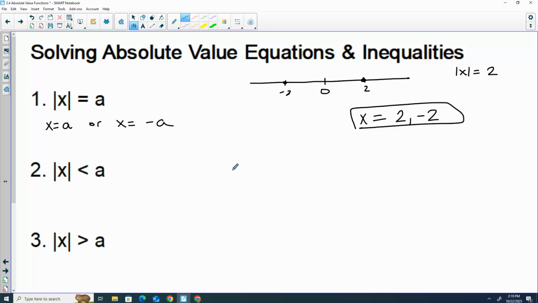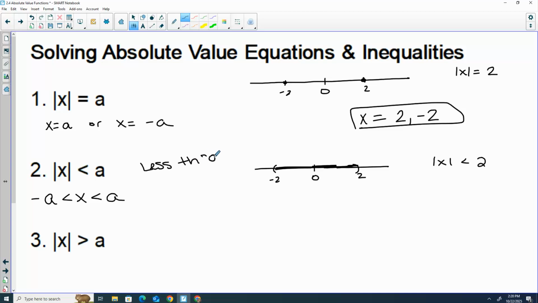The inequalities are the ones that are a little bit harder to think about. So if I said the absolute value of x is less than 2, what that means is I want everything that is within 2 units of 0. Okay, so anything that's closer than 2. So all of those numbers are less than 2 away, and all of these numbers are less than 2 away. Would you guys agree with that? So yesterday, the rule we wrote down is x has to be in between the negative and the positive. The trick,